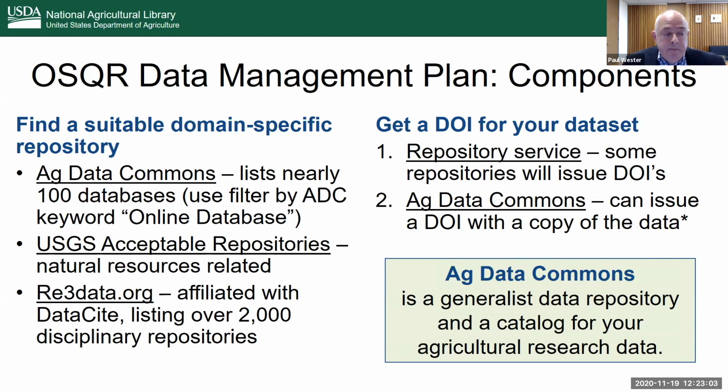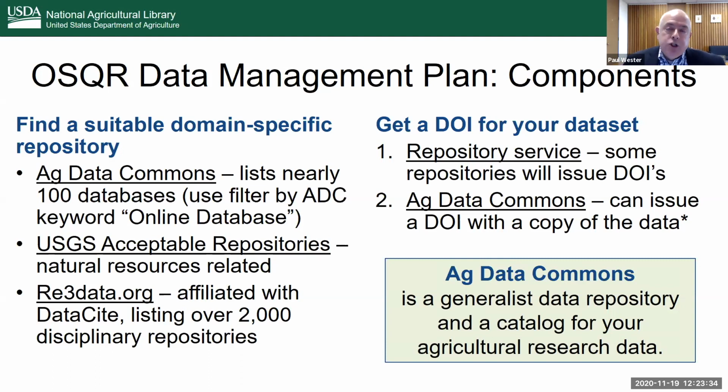And then re3data.org also identifies over 2,000 disciplinary specific repositories that would be appropriate for your data. We also want to make sure that you get a digital object identifier for your data set. This is one of the repository services that the repository you go to should be able to do. Also, the Ag Data Commons here at the National Ag Library can issue you a DOI for your